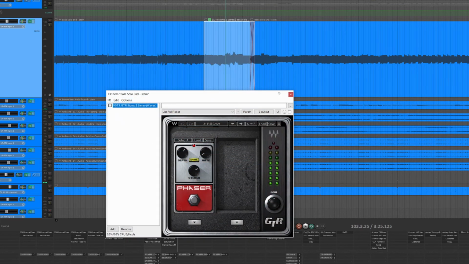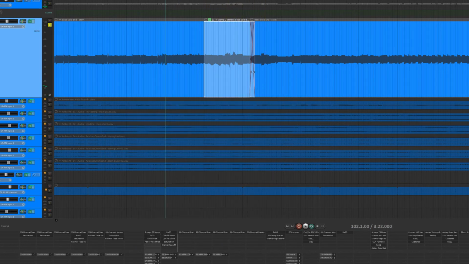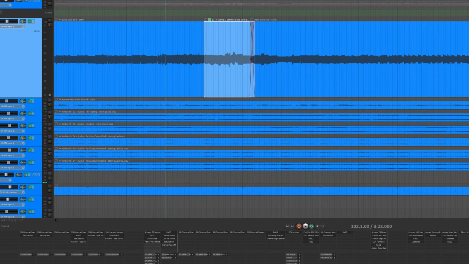So if I turn this off, but now if you add the phaser in, you get this really cool effect. And then I did a fade, an overlap crossfade, to make sure it matched in. Without it, it was kind of a harsh ending. So with everything else in,